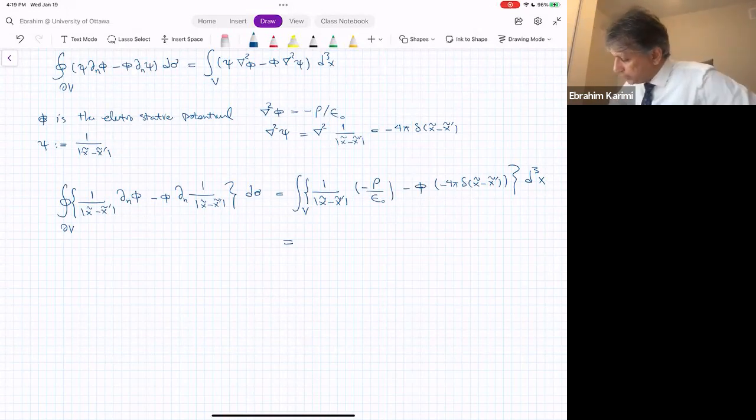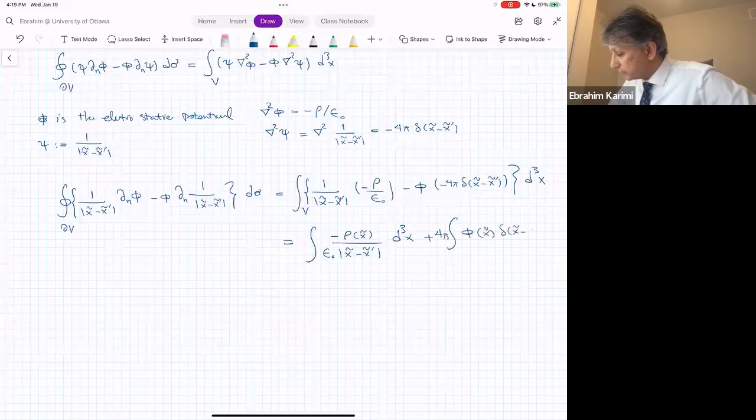It will be integral of minus rho of x divided by |x minus x prime|, we have 1 divided by epsilon naught, d3x, minus, it will be plus, integral of 4 pi phi of x, delta of x minus x prime, d3x. Okay,